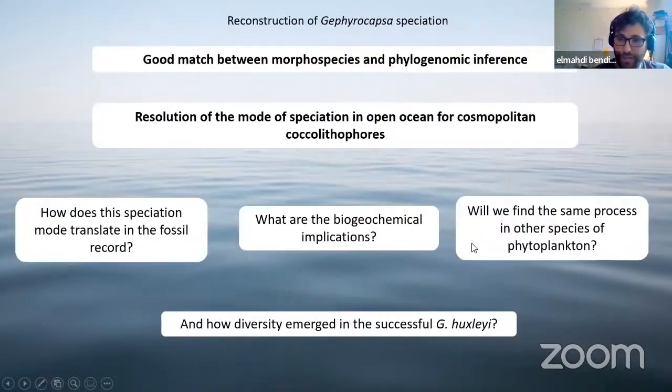Now, will we find the same process in other species of phytoplankton? Well, one way to know is to try. At the moment, it's quite difficult because there is not a lot of fossil record for most phytoplankton species. However, the fossil record is interesting because you can calibrate your phylogenetic assessment on the first occurrence of a species. However, there is another way to calibrate